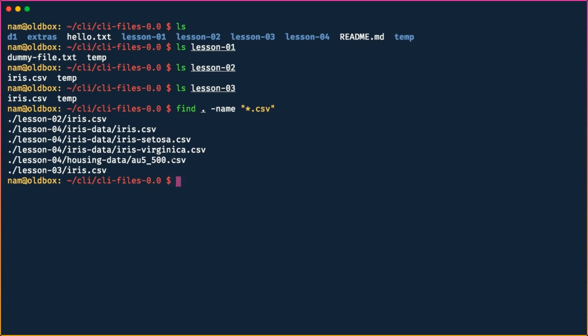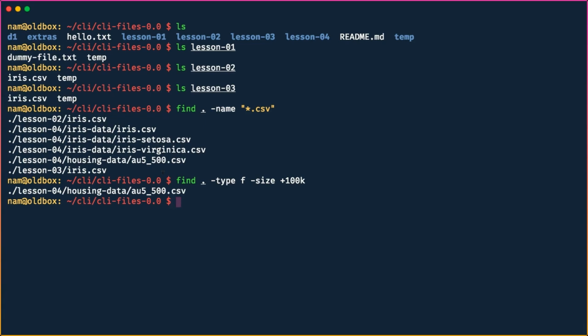Now find is a very powerful command. You can use it to find files matching a myriad of criteria. For instance, let's take another use case. We want to find all the files in the current directory which are of type f, which is file. You can also find directories, which would be type d, but we want to find files which have size greater than 100k, right? So if you are in the habit of downloading a lot of files into a temporary directory